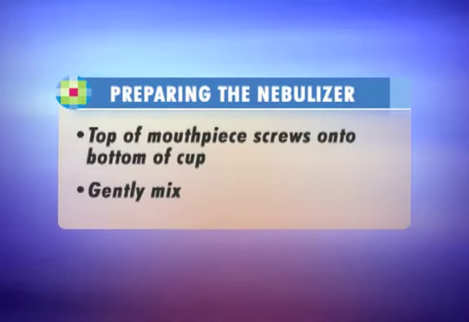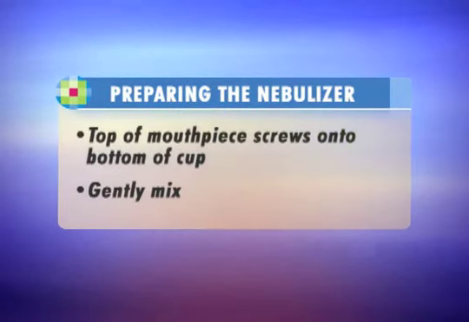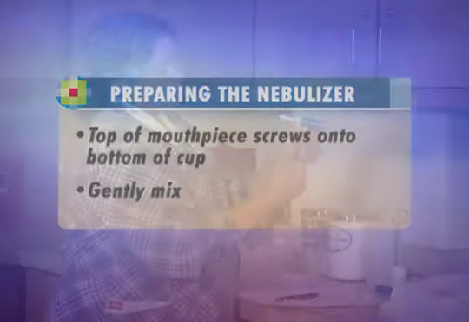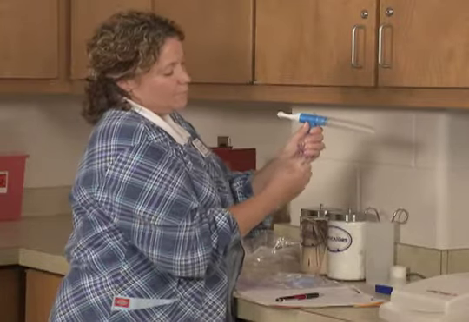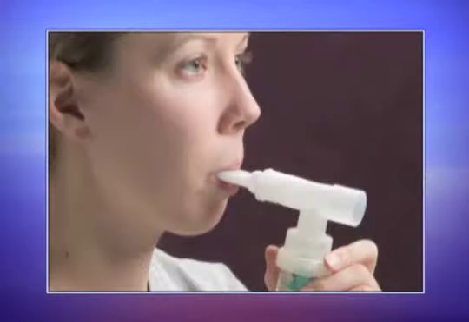The top of the mouthpiece usually screws onto the bottom of the cup, providing a reservoir for the medication and saline. Gently mix. After the saline has been mixed, attach the T-piece to the top of the cup and position the mouthpiece firmly on one end of the T-piece. Attach one end of the tubing securely to the connector on the cup and the other end to the connector